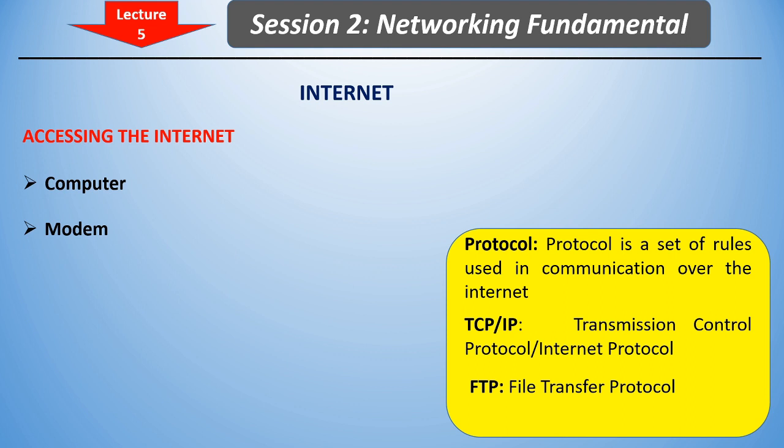The third thing is an account with an ISP. ISP stands for Internet Service Provider. An Internet Service Provider is an organization that provides services to access the internet by dial-up, direct or wireless connection. Since we have to pay for internet access, we must have an account with an Internet Service Provider. For example, BSNL, MTNL, Airtel, Vodafone, Jio, etc.